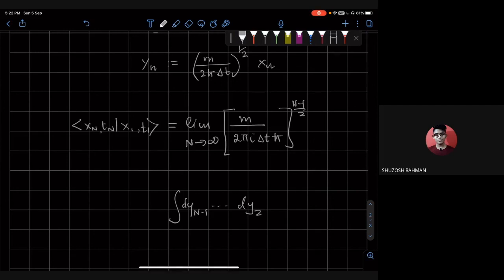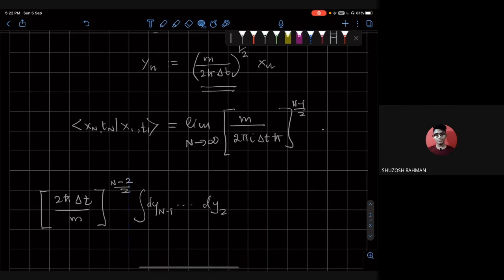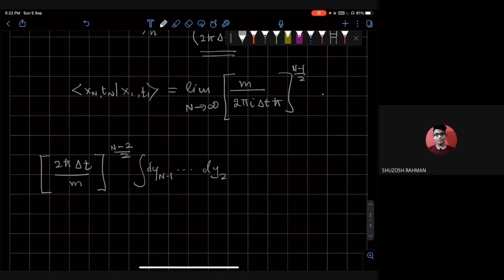Each of these will contribute a new factor, the inverse of this, so we get another factor here, 2 h bar delta t over m to the power n minus 2 divided by 2. And the integrand now becomes e to the power i